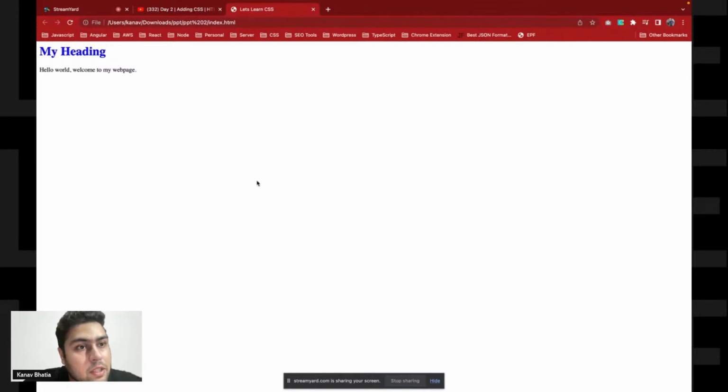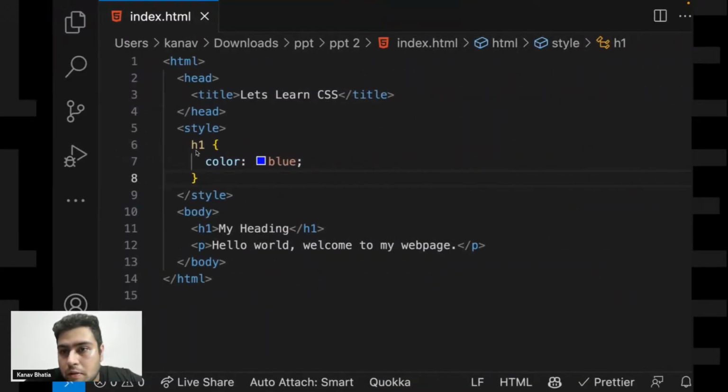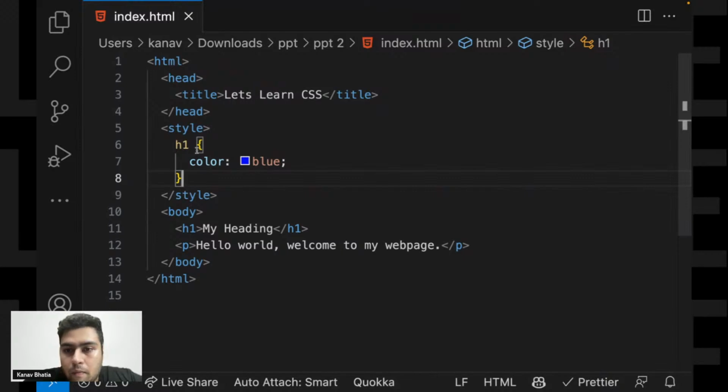If I refresh the page, see, my heading is in blue color now. Okay. So what happened over here? I basically changed the styling of the